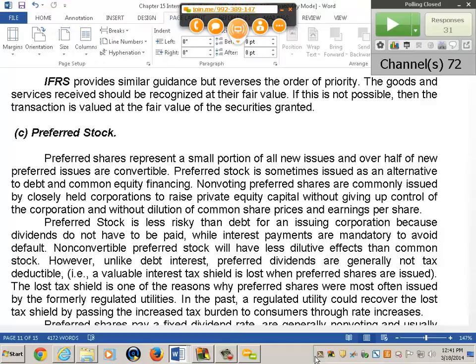We'll talk about liquidation preferences. Liquidation preferences are only going to kick in when the corporation is bankrupt. So it's kind of an advantage, but maybe not. You're going to sell it at market. The liquidation preference could kick up the value a little bit, but it's going to depend on the circumstances of